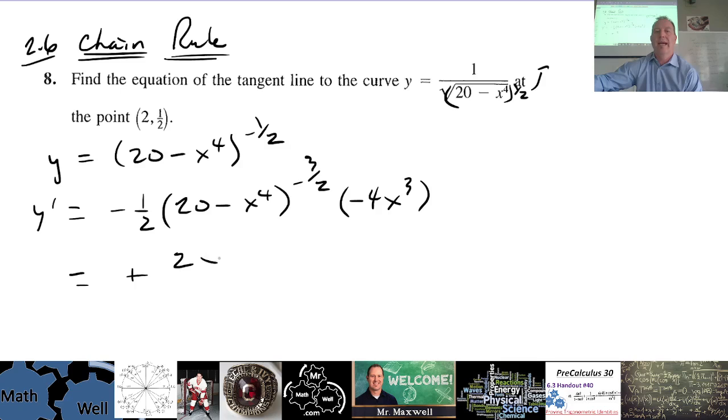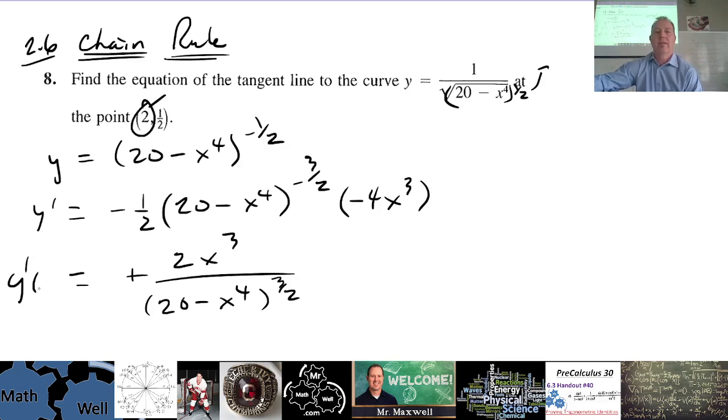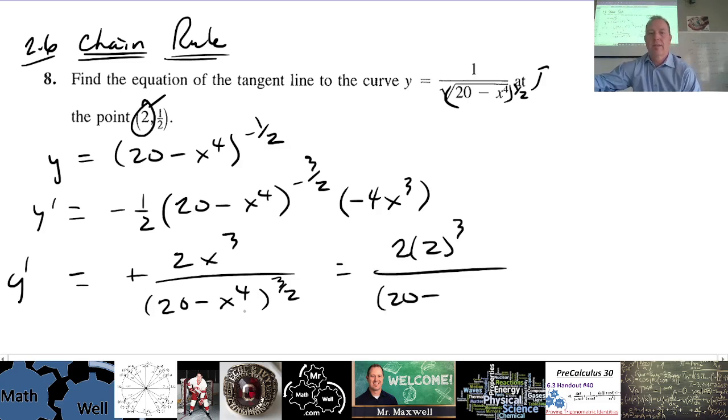Okay, so this makes this positive. We've got a 2x cubed, and I've got now this 20 minus x to the 4th to the power of 3 over 2 down here. And I just want to get x equals 2 in here, right? So let's do that here now. So that's going to be 2 times 2 cubed up top. This is going to be 20 minus x to the 4th, what's it, 16? To the power of 3 over 2. So that's going to be 16, 2 times 8, over 4. The square root of 4 is 2, cubed is 8. So we should have a